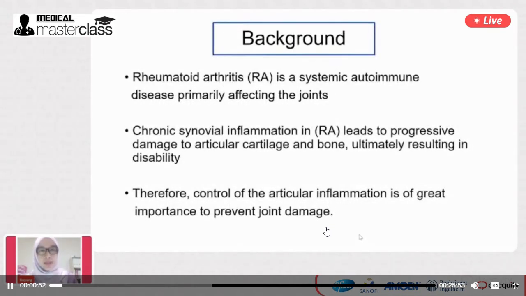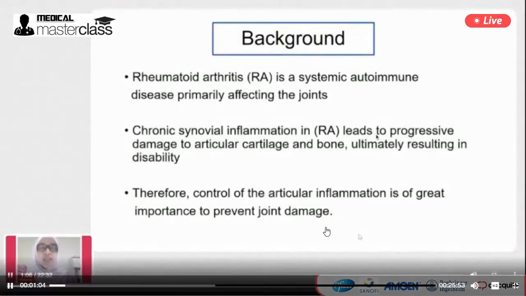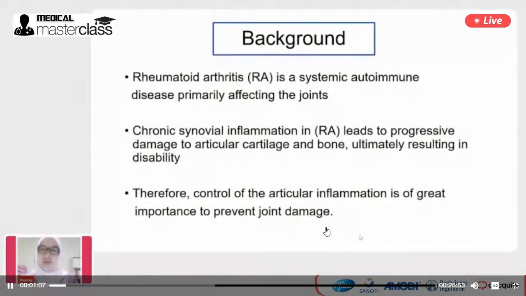So, background. Rheumatoid arthritis, or RA, is a systemic autoimmune disease which primarily affects the joint. When you have chronic synovial inflammation, it leads to progressive damage to the articular cartilage and also bone, and eventually will result in disability. Therefore, it's very, very important for us to control the articular inflammation to prevent joint